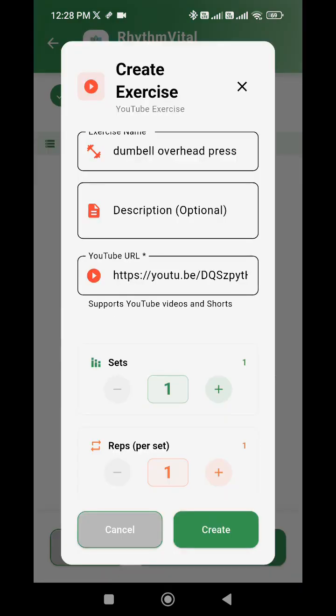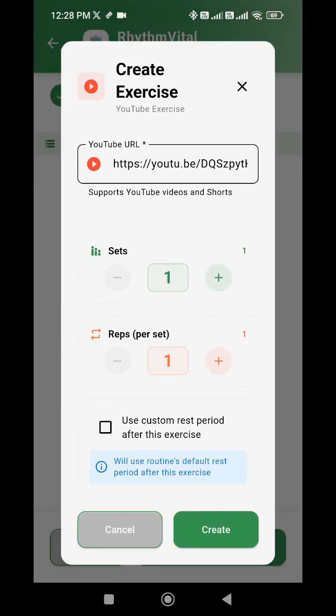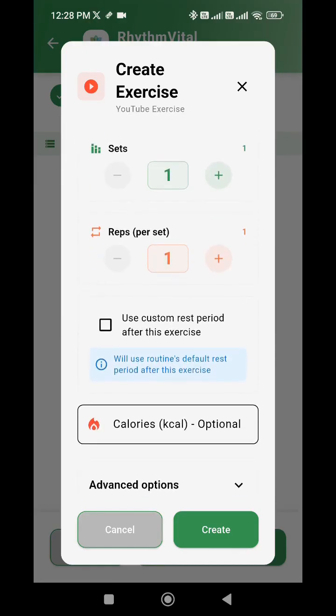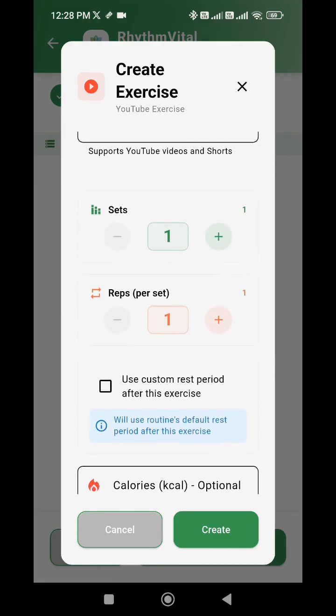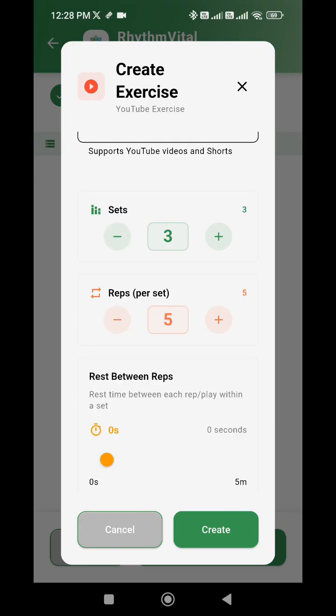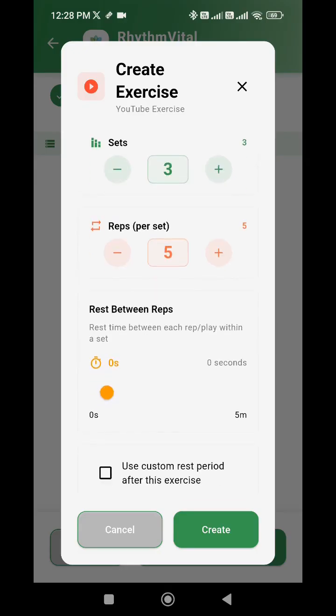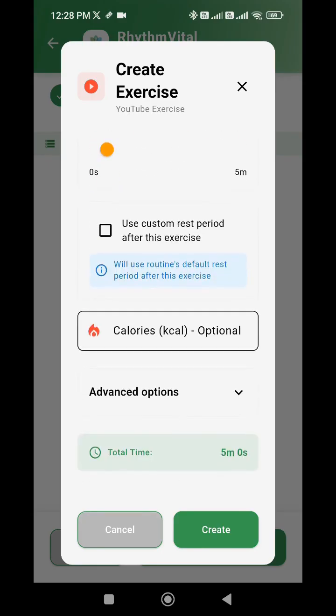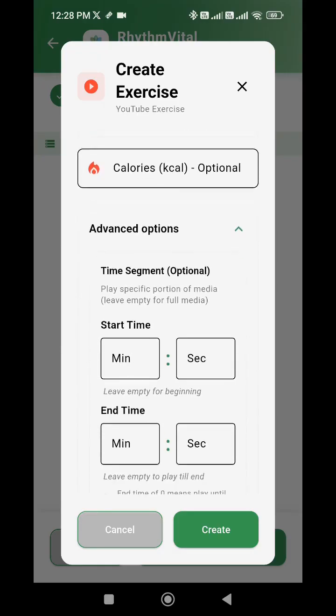add. Okay, and here again, it asks for different options. Like for this particular exercise, how many sets do you want to do? Suppose 3 sets. And for each set, how many reps do you want to do? 5. Let's suppose, and if you want rest between repetitions, usually it's not required. So if it is some exhaustive exercise, if a single exercise itself is too exhausting, then you can always take rest. Add some rest in between